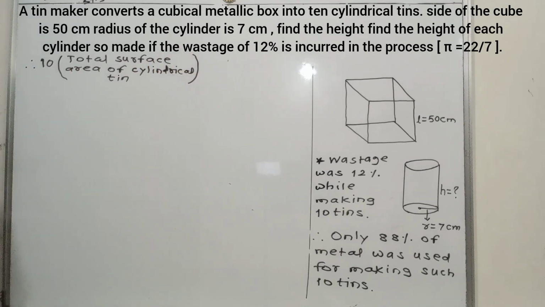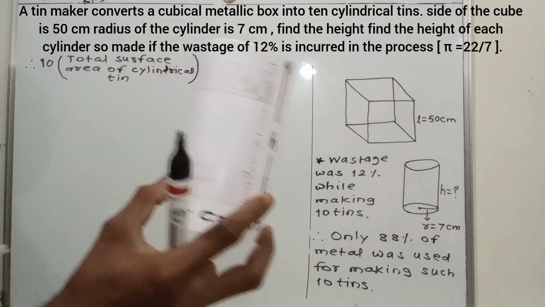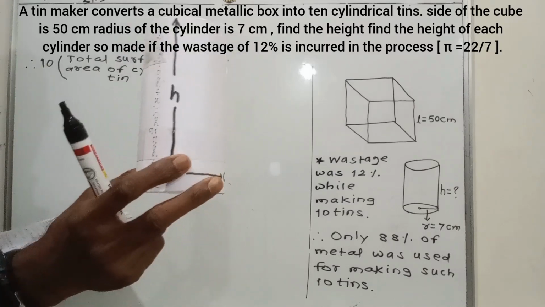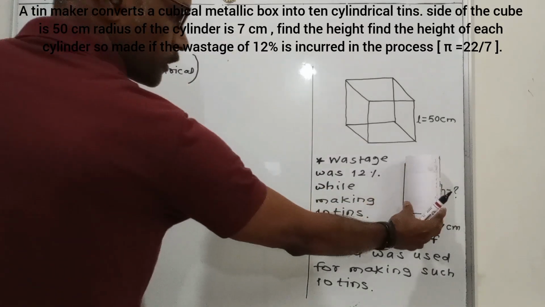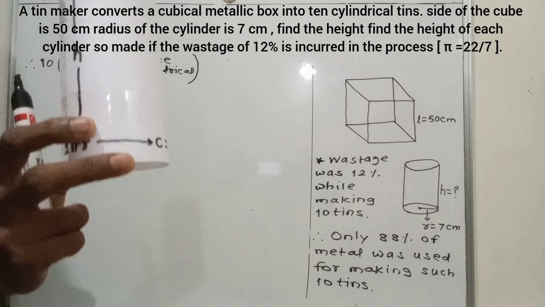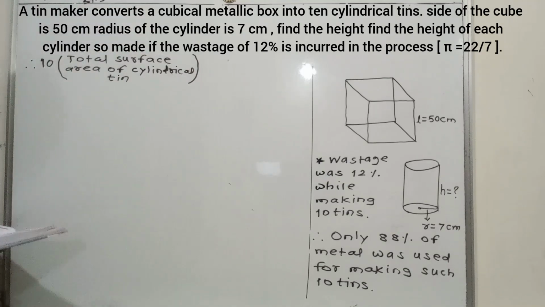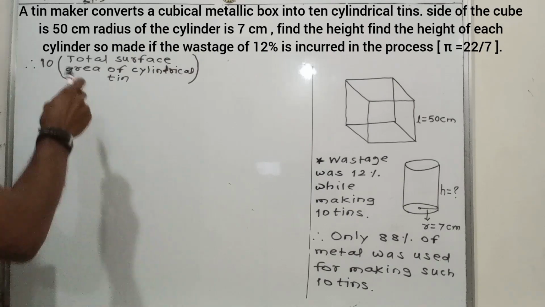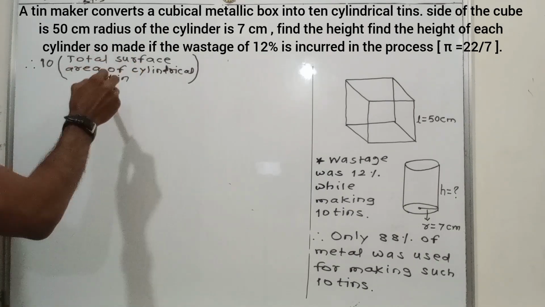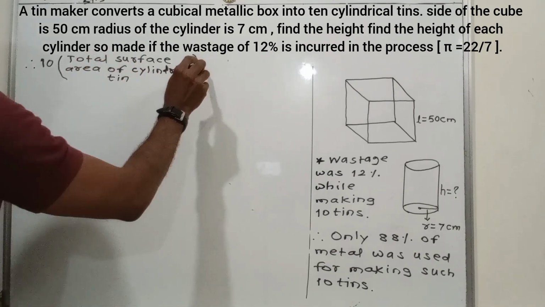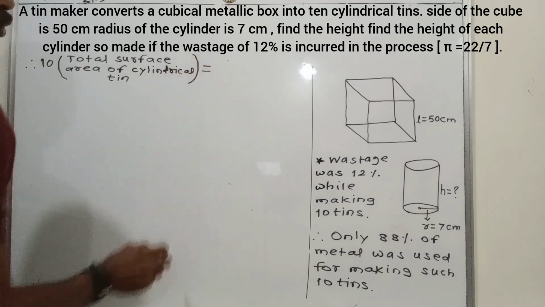See that this is the tin. This way tin. Did you get it? See this. This is our tin, single tin. We want 10 such tins. Okay. Therefore, 10 into total surface area of cylindrical tin is equal to